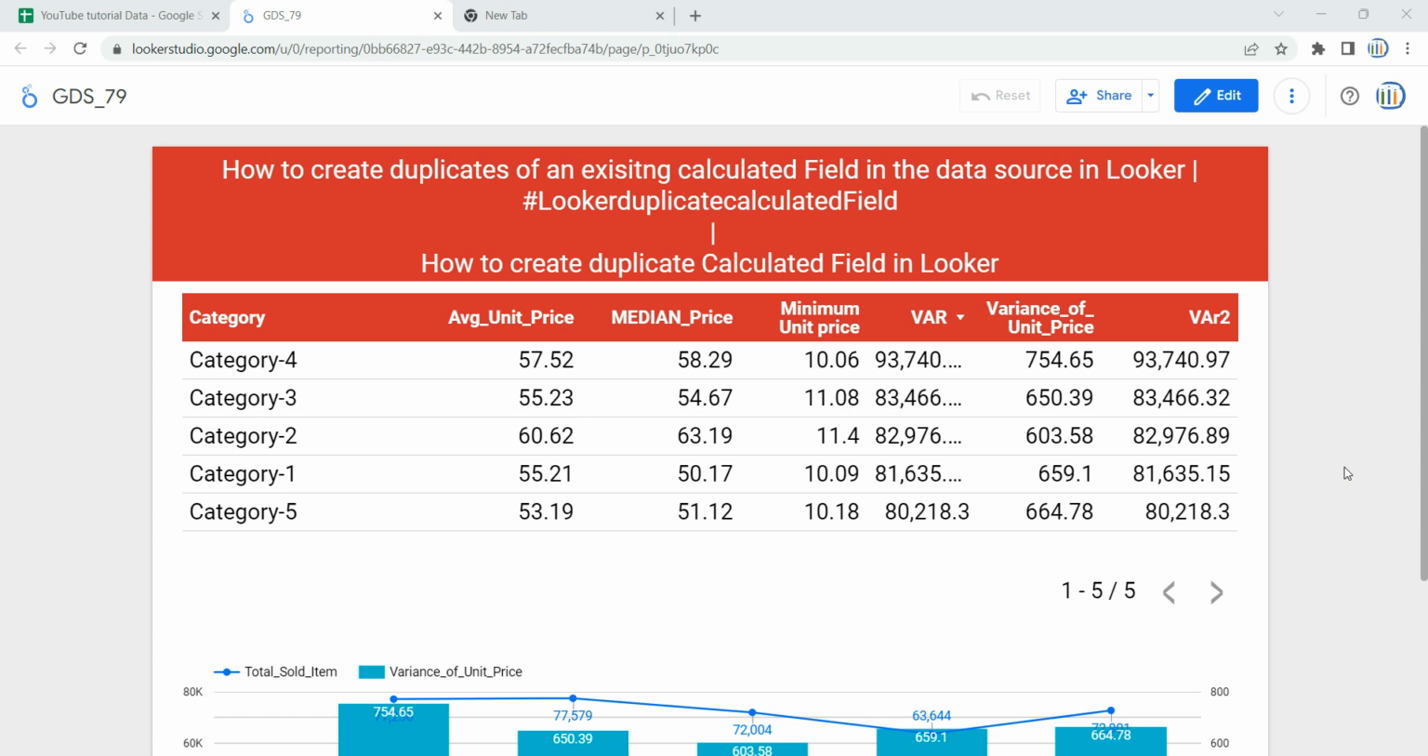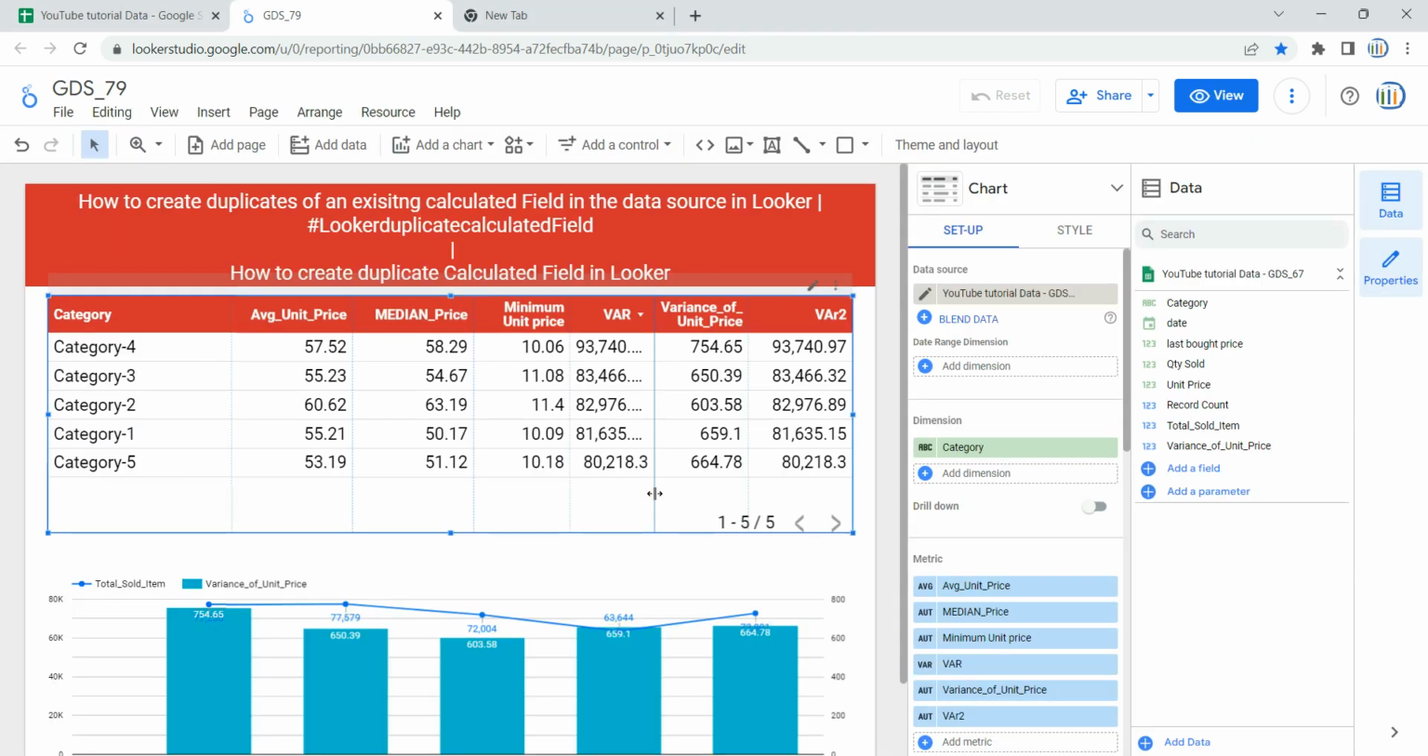I'm Atul, and in this video we are going to see how we can create duplicates of an existing calculated field in the data source of Looker or Data Studio. So in order to create a duplicate of an existing calculated field, what you can do is click on edit and come to the edit section of this page,